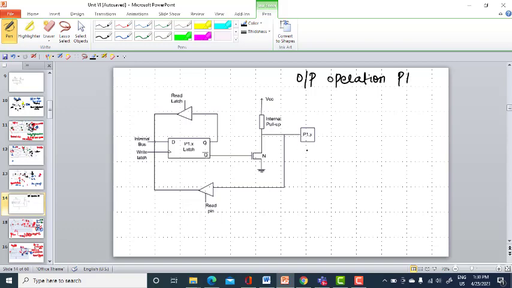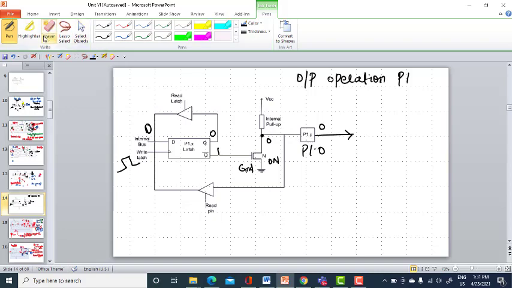So, for the output operation of port P1, I need to place 0 in the internal bus. So, in the write latch I have a high, and so this 0 will appear here, this 1 will be here, so complement, and this is 1, so this is on. When this is on, this transistor is grounded. So you will be having 0 here, and this is now acting as an output port, so this 0 will be placed here.